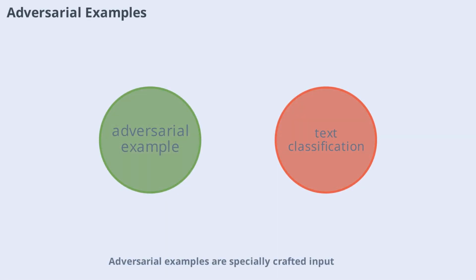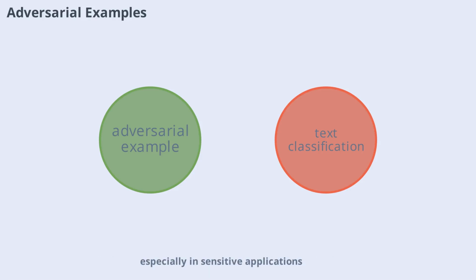Adversarial examples are specially crafted input texts designed to trick AI classifiers. These inputs might use rare synonyms or hidden characters to fool the model into making incorrect decisions, even though they look normal to humans. Defending against adversarial examples is crucial for maintaining the reliability and safety of AI systems, especially in sensitive applications.